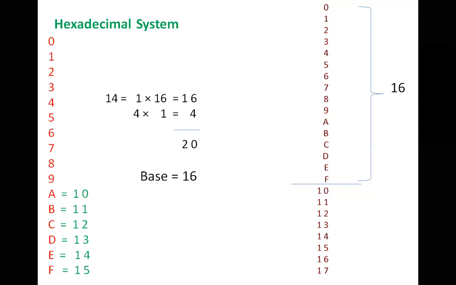Okay, and there are more apples to be counted. So what we do, we make use of the same symbols again by adding 1 to the left. What this 1 says, we have used all the symbols one time. Let's say 11, 12, 13. Now let's say currently the counting is 13. How do you understand this 13? This 1 says we have used all the symbols 16 times, 16 plus, and currently the counting is on the third symbol, 16 plus 3, which is equal to 19 in decimal system.